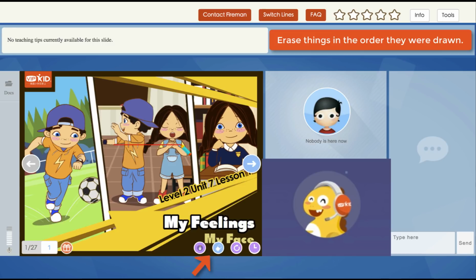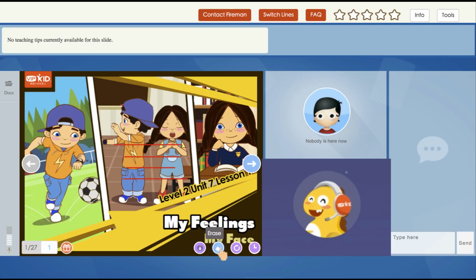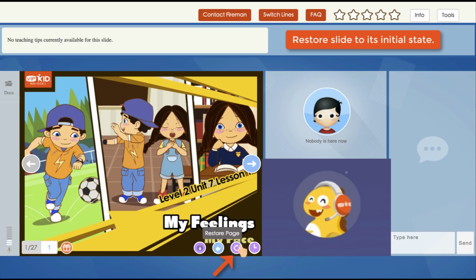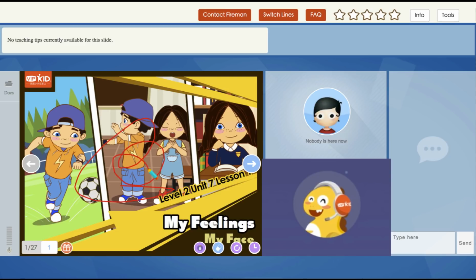The next function gives you the ability to erase the last stroke drawn. So, if you or your student has drawn several lines, you can erase them one at a time in the order in which they were drawn. The third icon is the restore page function. So, if a lot of things are drawn or the interactive functions are used, this button will restore the page